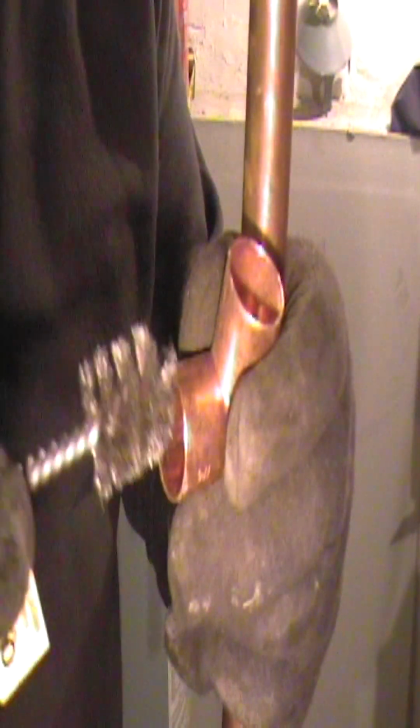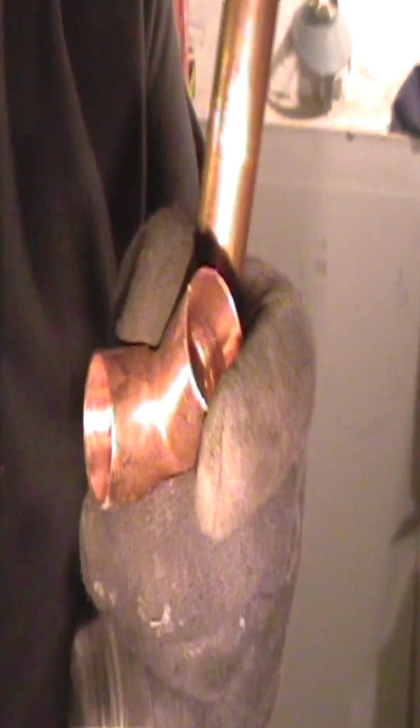Now we're going to take our 3/4 inch union and our 3/4 inch wire brush, clean the inside of the fitting. And what I like to do is I like to kind of clean the edge of it off. Okay. Now we're going to take our